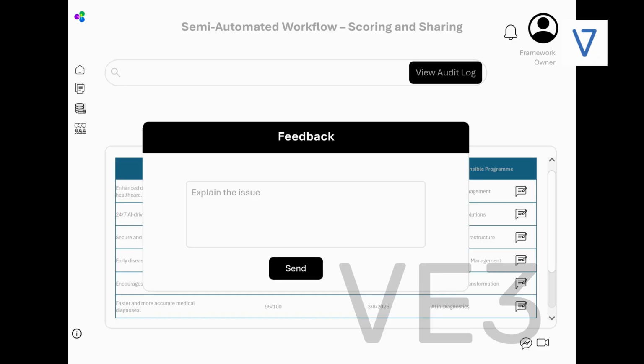This feedback loop allows for immediate corrections or additional information to be submitted, ensuring that the evaluation remains accurate and reflective of the most current data. The iterative process further refines the quality of our investment decision making.